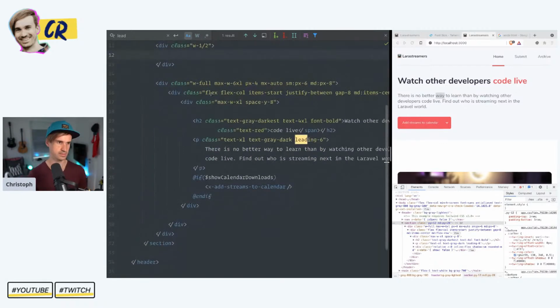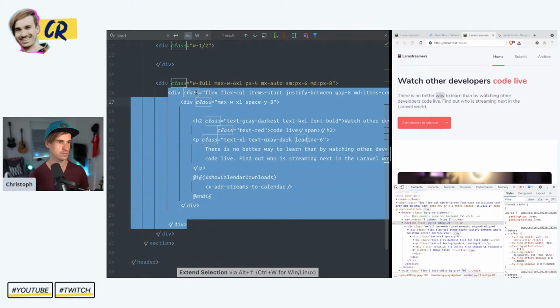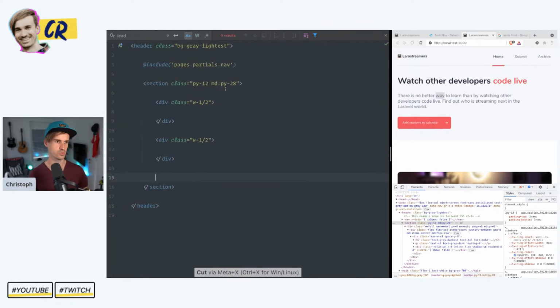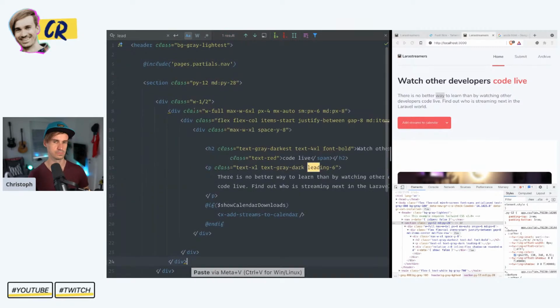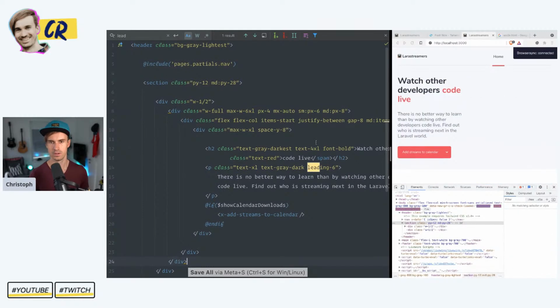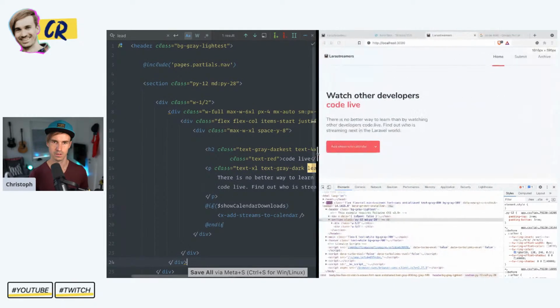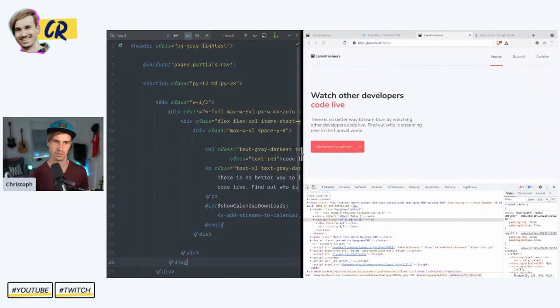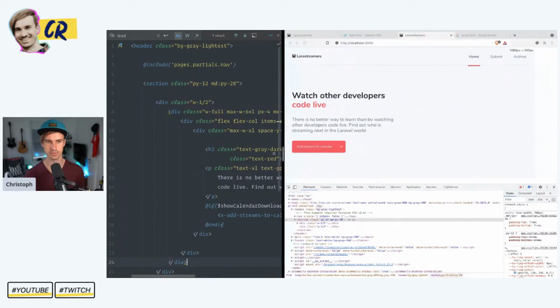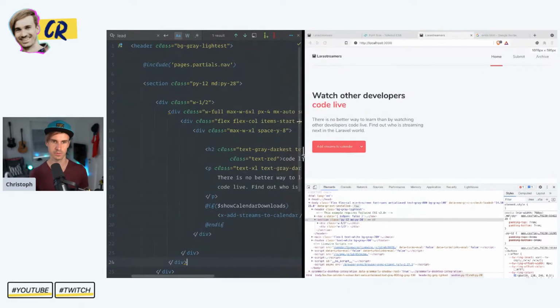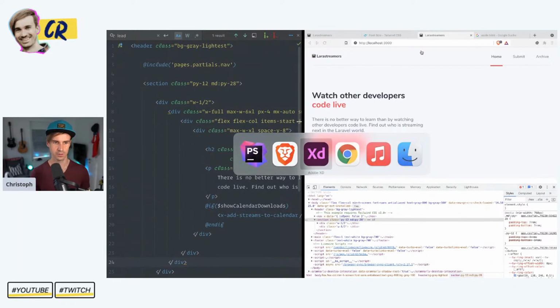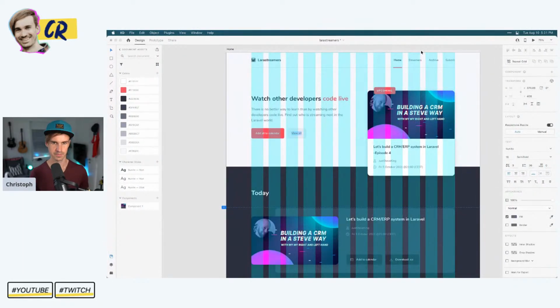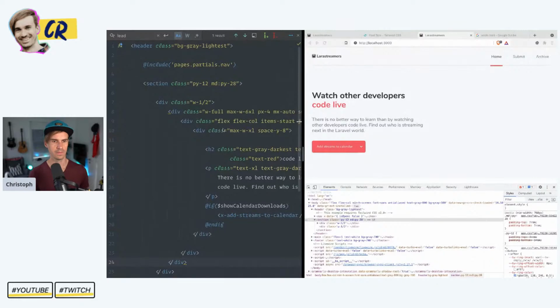And then let's see, let's bring all of this in here to the first one. Yeah, of course, this doesn't look too good right now, but we have to work on this later. And now in the second part here,